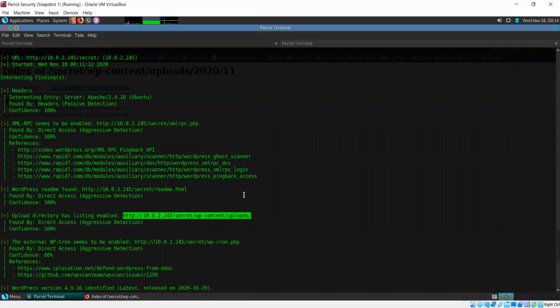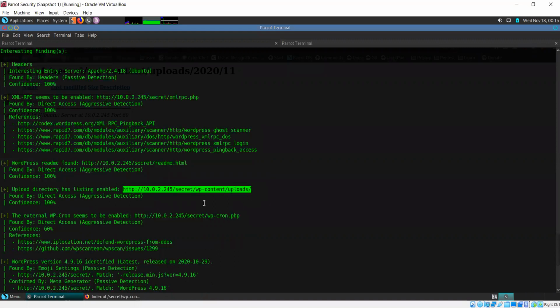Okay, maybe this did not give us anything. It says the external WP cron seems to be enabled. Now cron is actually a scheduler for Linux systems, but it does not really help us in any way.